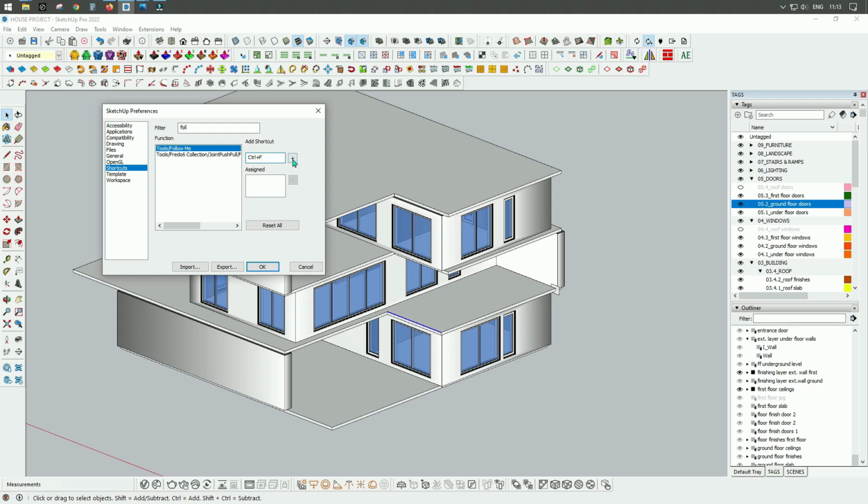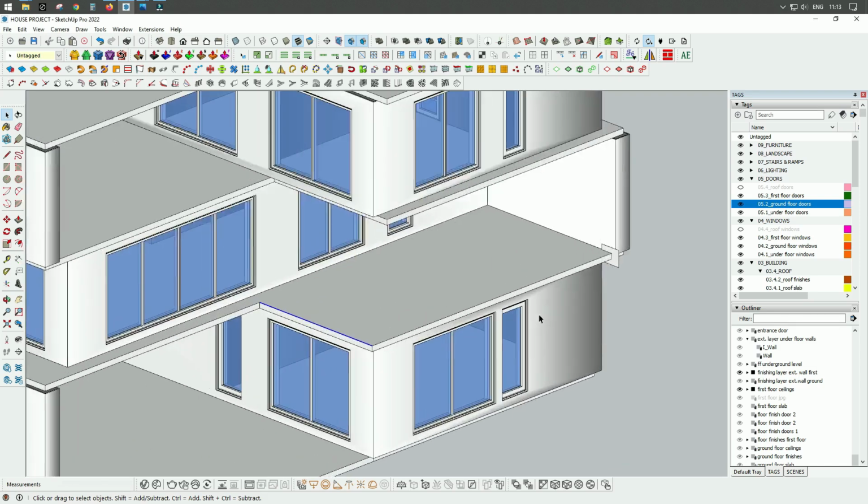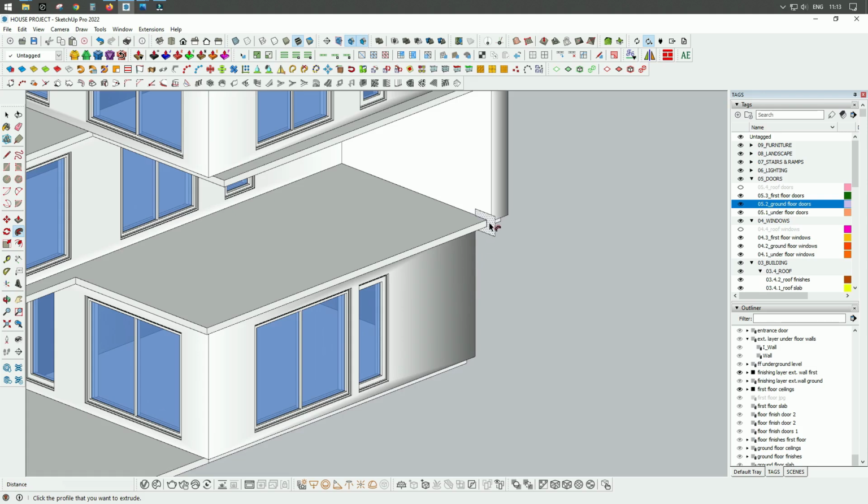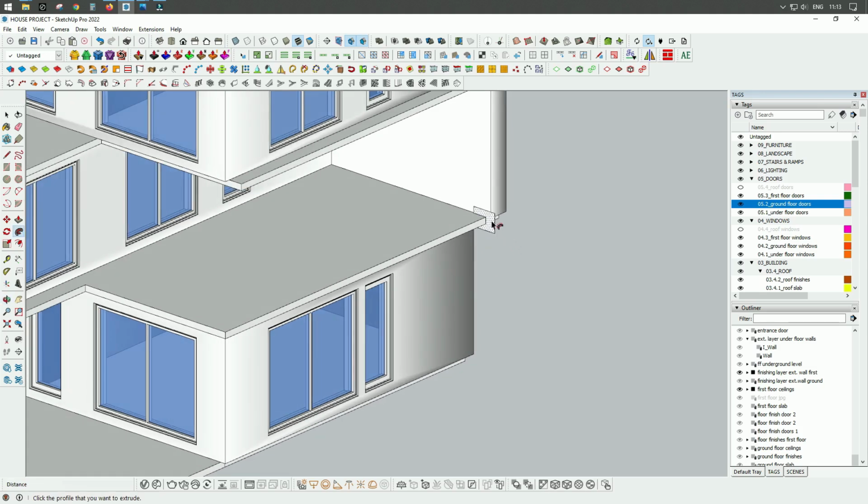Then you have to select plus, and now this combination of keys is assigned to the Follow Me tool. Click OK, and now by pressing Control F you activate this tool, and you can simply